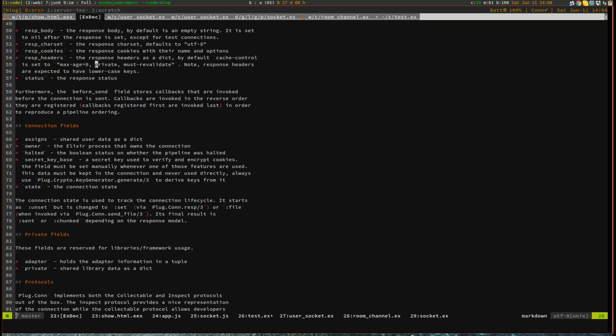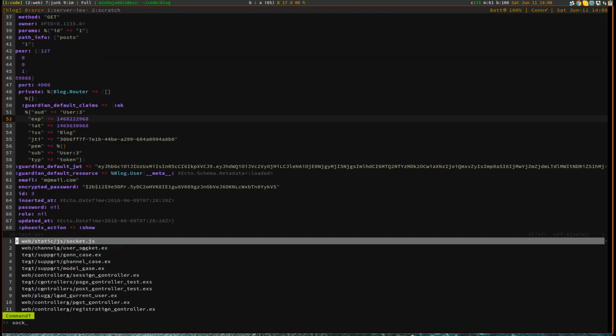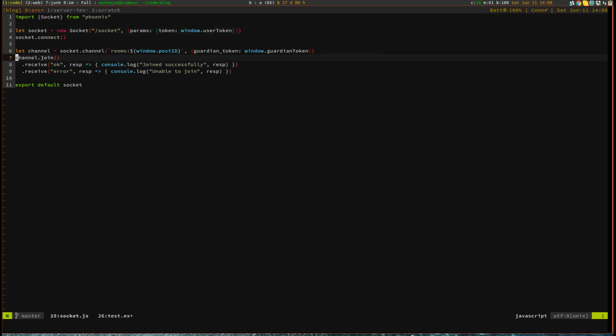So let's look at our JavaScript code. Socket.js, and see we are passing, we're not passing a Guardian token there. So that's our problem. That's our problem. So what's happening is we should actually provide the Guardian token when we open the socket, and that's when authentication happens,